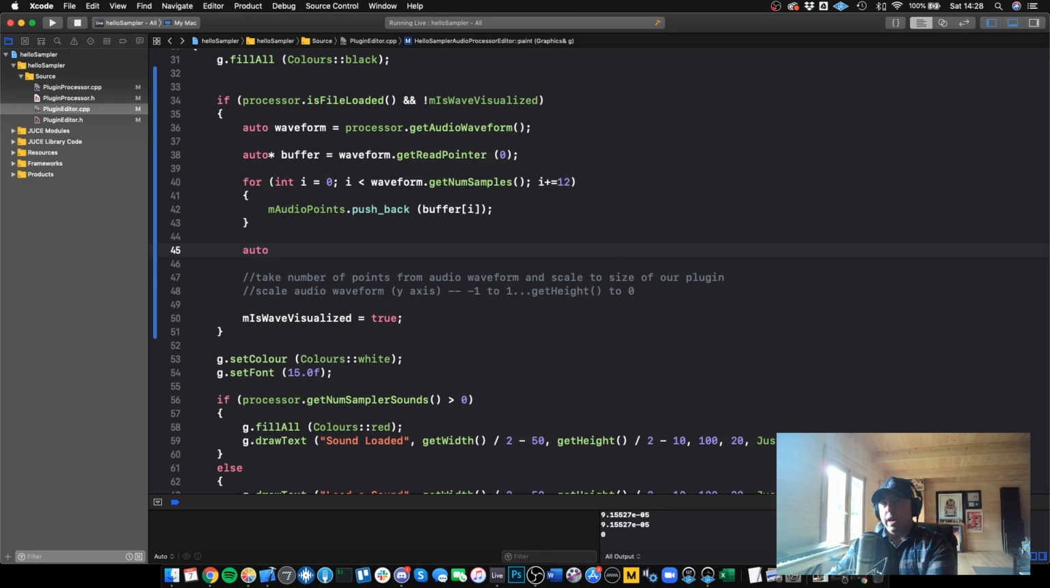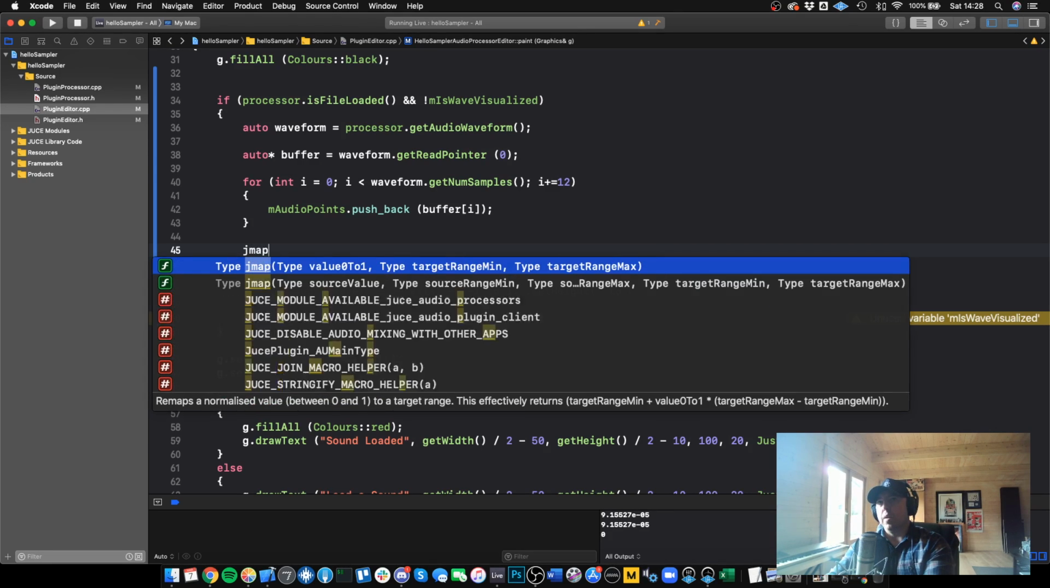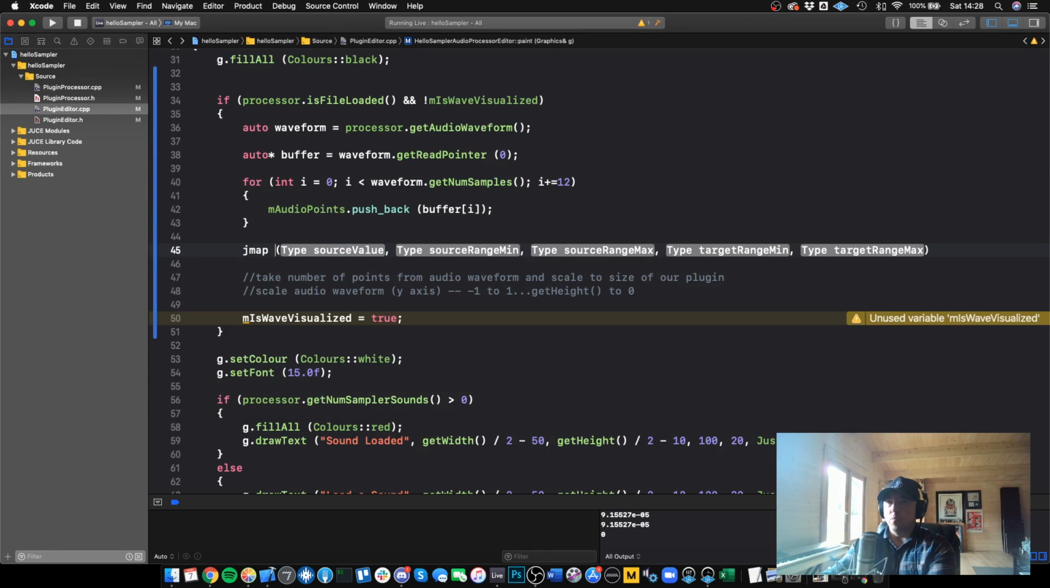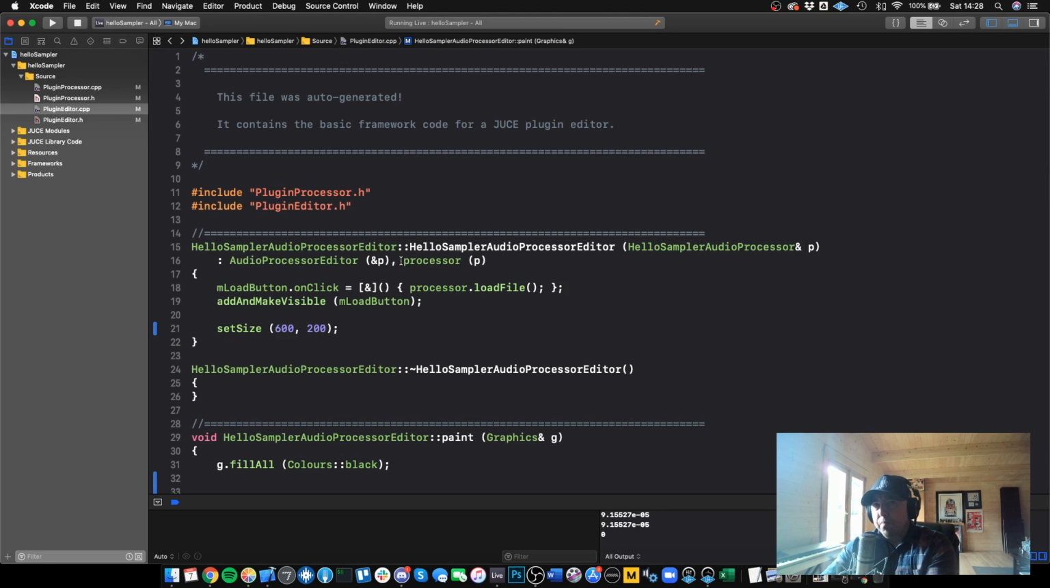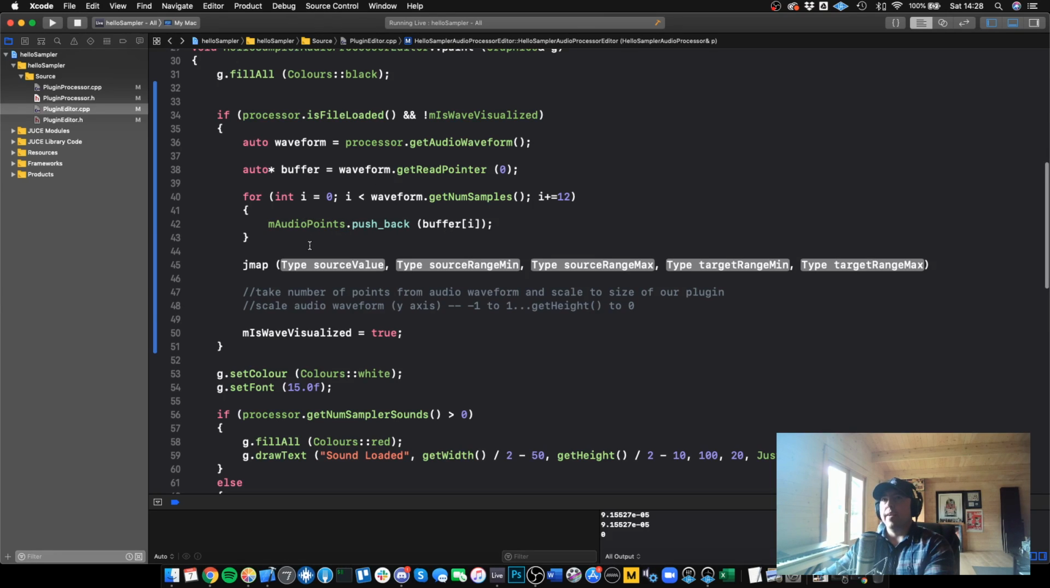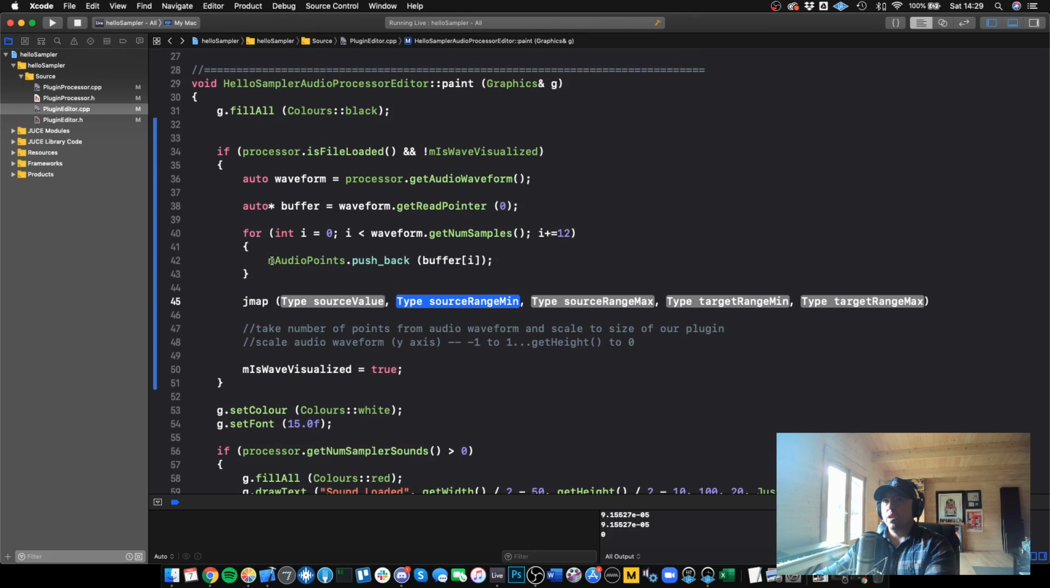So we will have a point where we say jmap. So this will scale our value. At the moment the size of our plugin on the x-axis is 600 pixels. So chances are we're not going to have 600 points in our audio points. So this is why we need to scale this. Right? So we got the source minimum, which should be -1. Source maximum should be 1. Okay. Why do I get a feeling that there's going to be an error here? Target range is going to be,